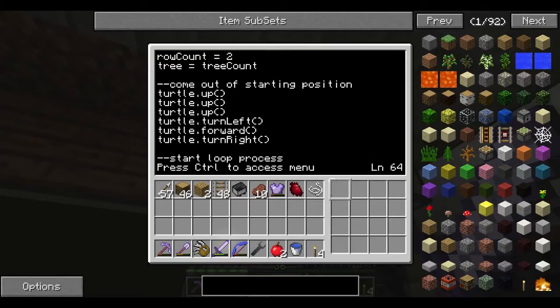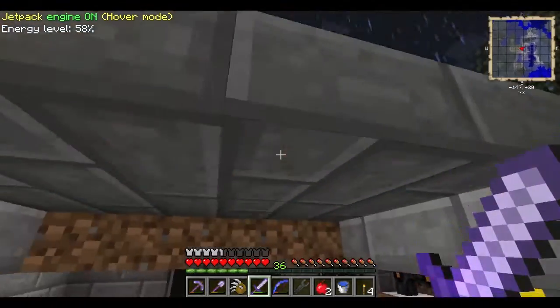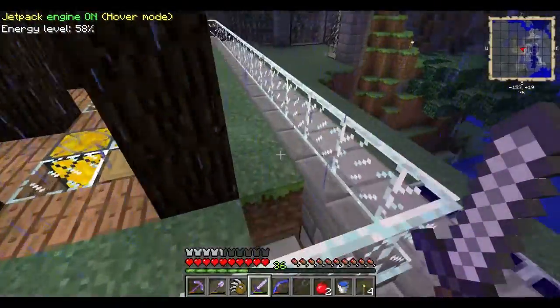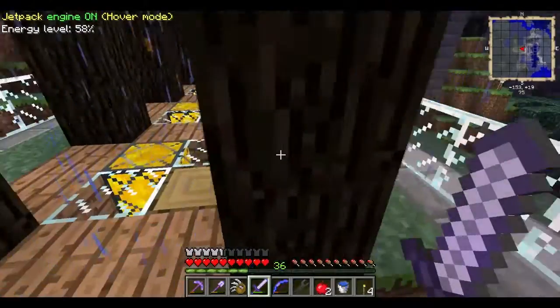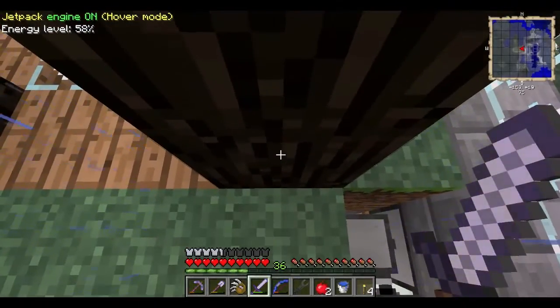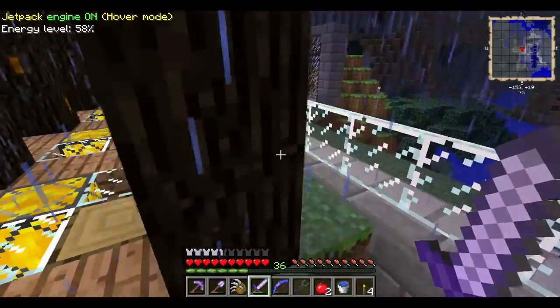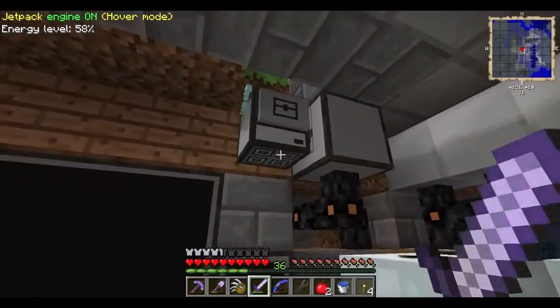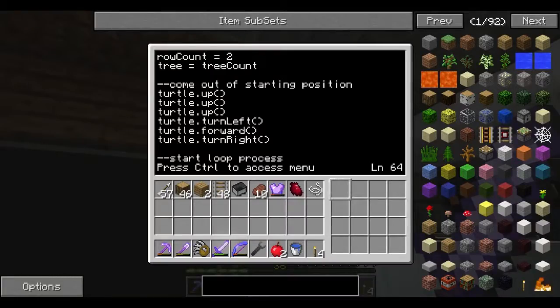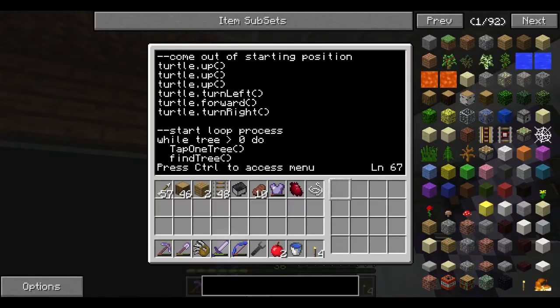But the first thing we have the turtle do is go up 3 times, turn to the left, go forward, and turn to the right. And all that's doing is it comes up out of the hole, turns to the left, goes forward, turns to the right. So it ends up right here facing that block right there in its starting position, ready to begin extraction, okay? The next thing that we do is we start our loop process, and this is the real meat